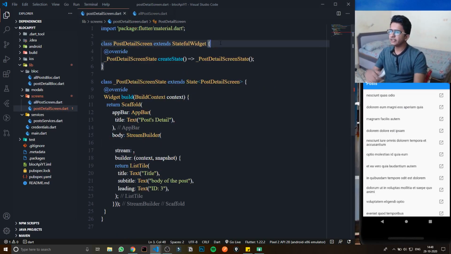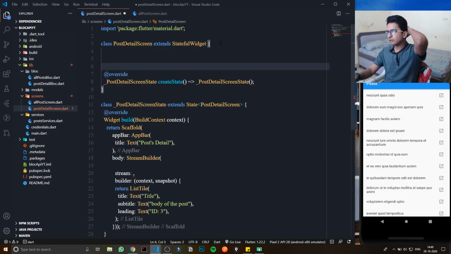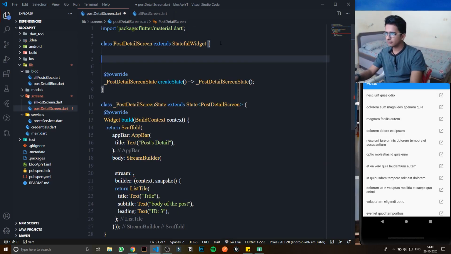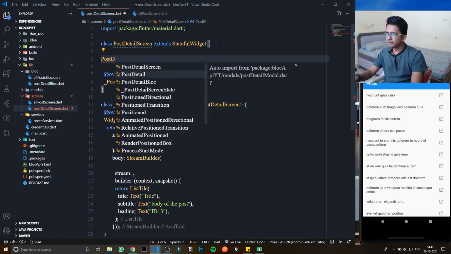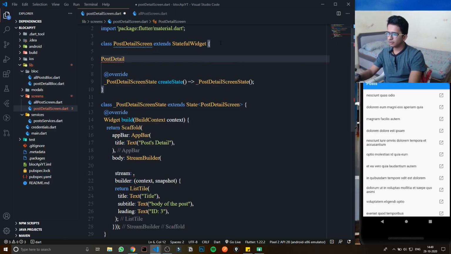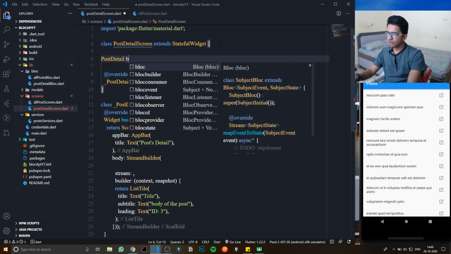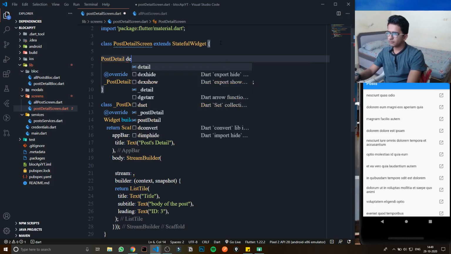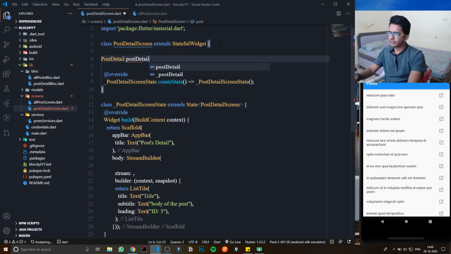here we are going to create one, what we can say, we are going to inherit something. Okay, wait a second. So post detail, we can say post detail bloc.